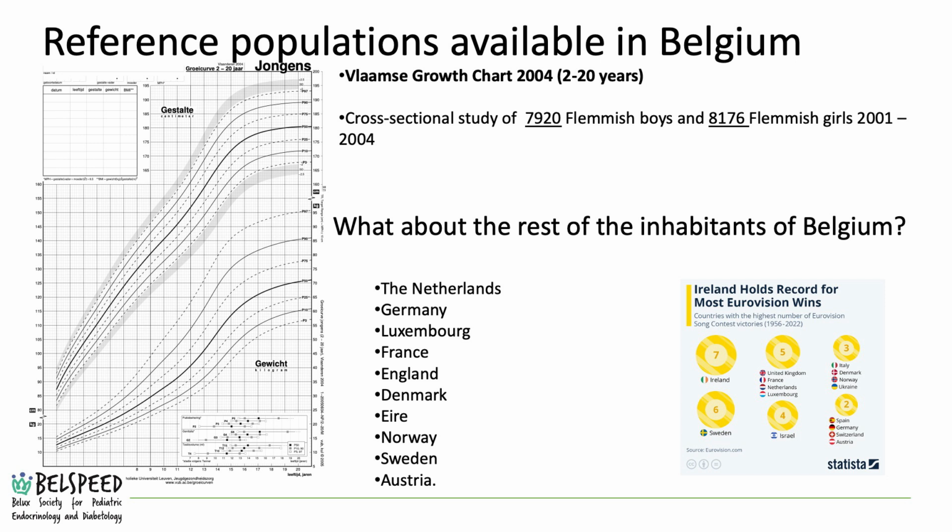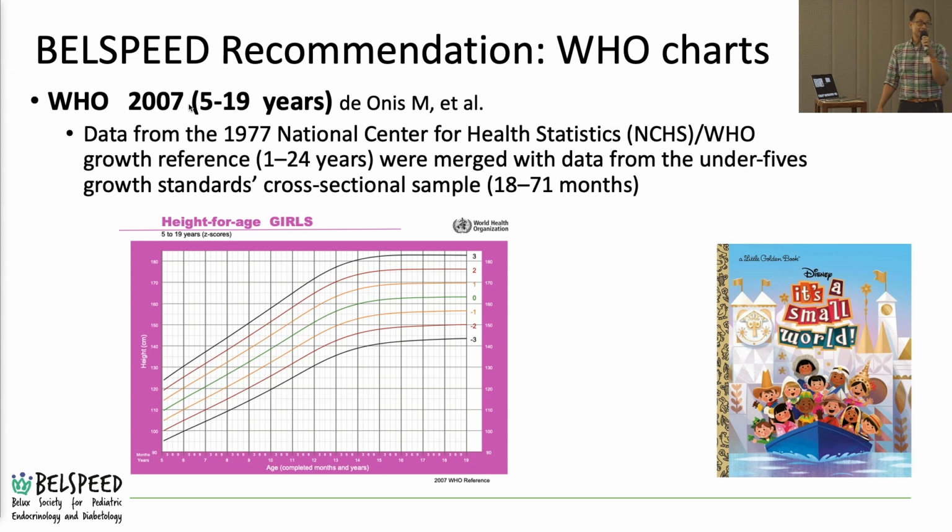But what about the rest of the inhabitants of Belgium? Because, you know, it's only Flanders and a certain Northern European region. So the BESPEED recommendation is actually to use the WHO chart. And the most recent one is the one from 2007, published by de Onis et al. It's a bit of statistical talk, but they use the old reference charts from the 1970s, and then they merged it with other data